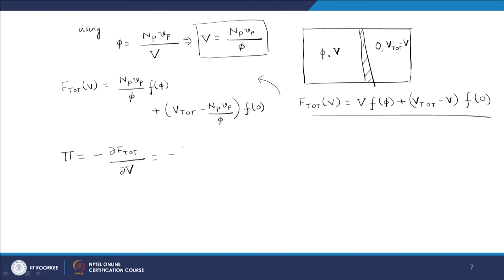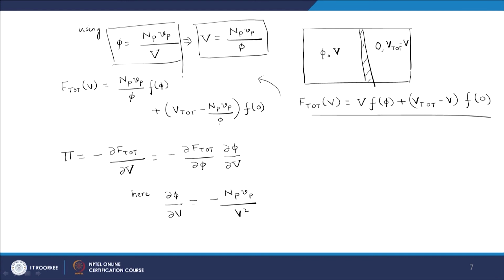So, I can write this as minus dou F dot by dou phi and dou phi by dou V. Here dou phi by dou V is given by minus Np Vp by V square, using the relation that we started with, which again I can write in terms of phi as the following, which is minus